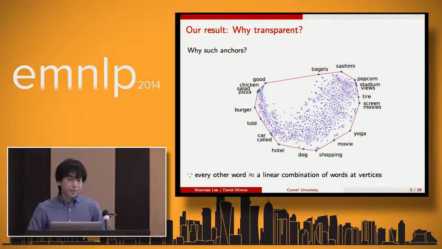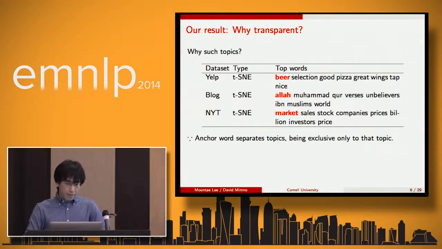See this figure. It illustrates all co-occurrence patterns and their dynamics. The data set was from the Yelp academic review data. If you see the points at the vertices, those are the most distinctive words. And the key observation here is that all the rest of the words, the interior points, could be regenerated by a linear combination of those vertices.